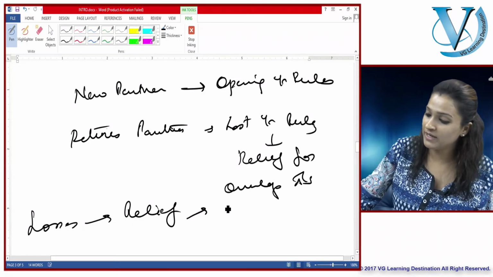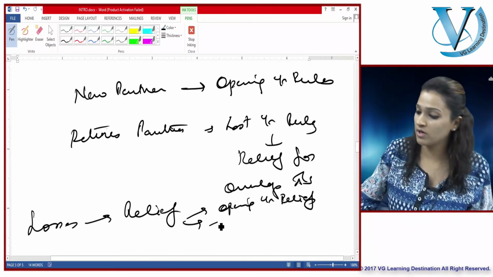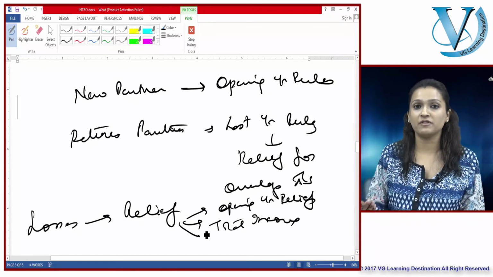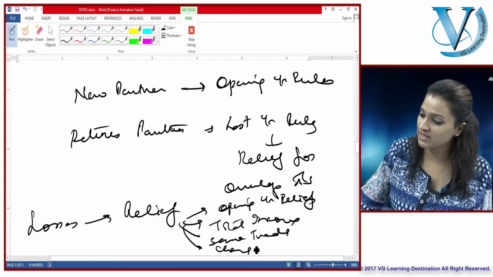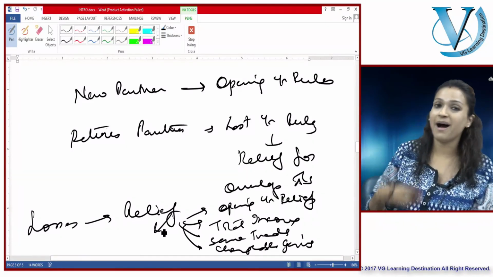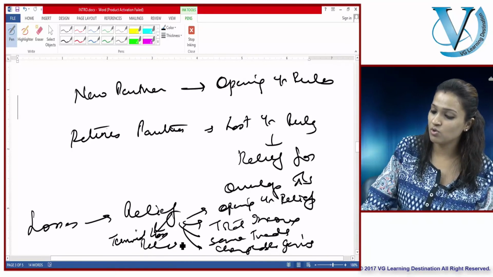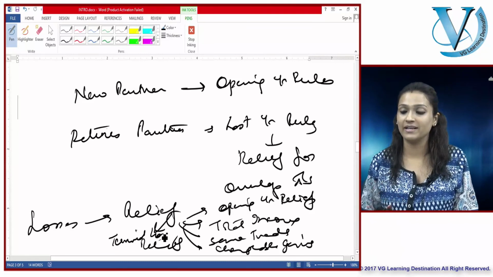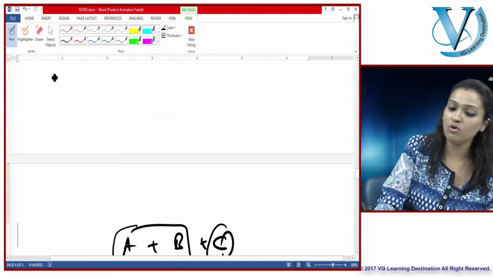Can we give opening year relief? Can we give relief against total income? Can we give relief against total future profits from the same trade? Can we give relief against chargeable gains? If it's a business ceasing to trade or the partner retiring, can we give a terminal loss relief as well? So all the options which were already available to us will also be available to us right now. Also, when we've been given capital allowances, what you need to do?